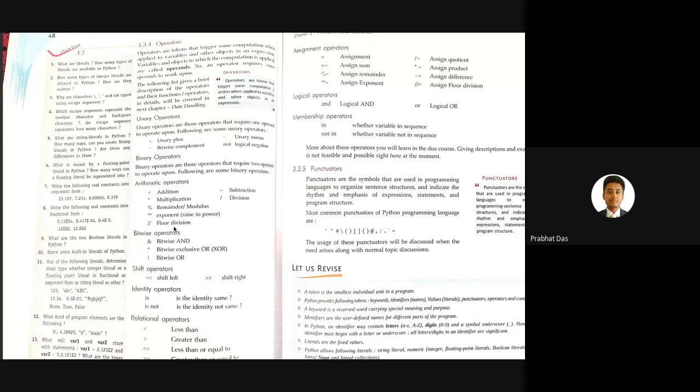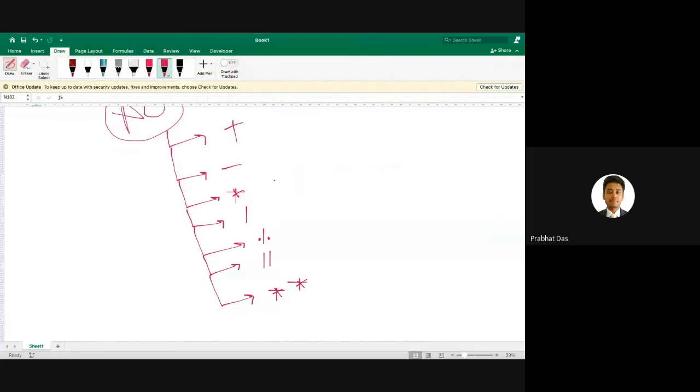But before moving ahead, we must know what exactly AND is, what exactly OR is, and what exactly XOR is. First, we will understand the concept or the logic of AND, followed by OR, and then XOR. Now let us move ahead with the concept of AND. So what exactly does AND in programming mean?